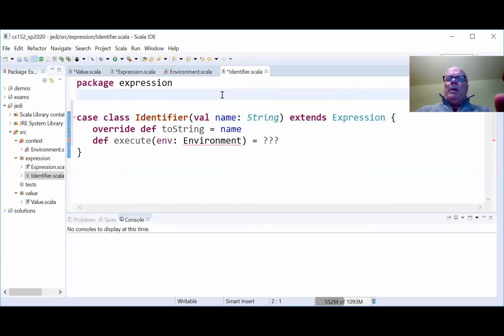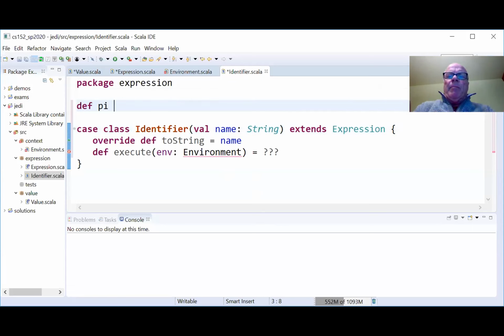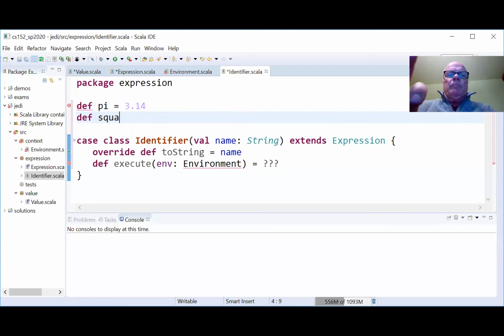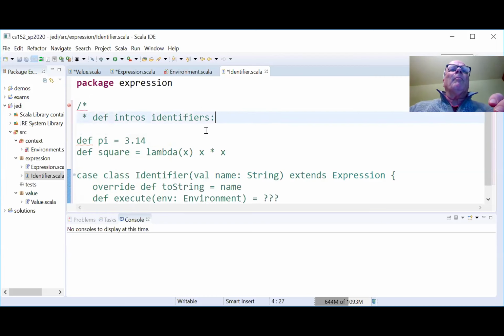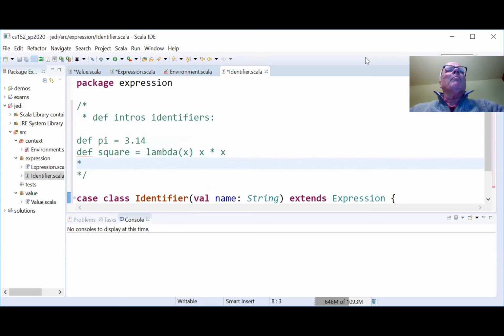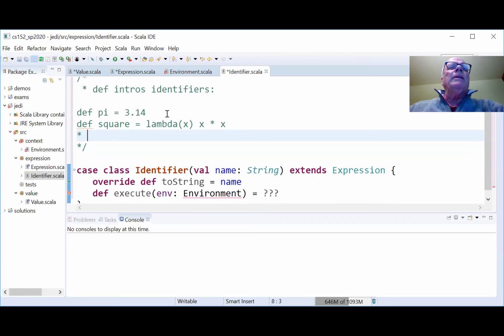So, you know, when you saw me doing things like def pi, so these things, def creates or introduces... so all of these guys are introducing identifiers.